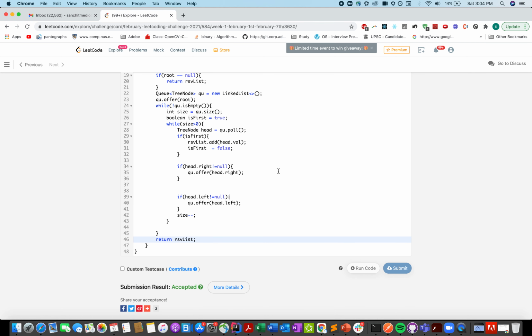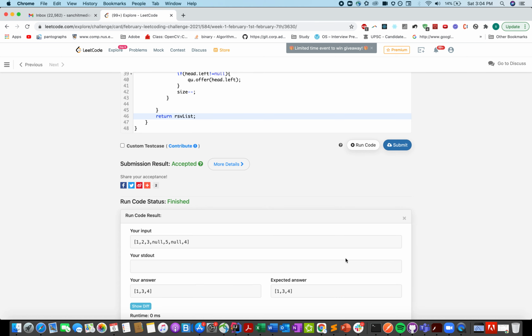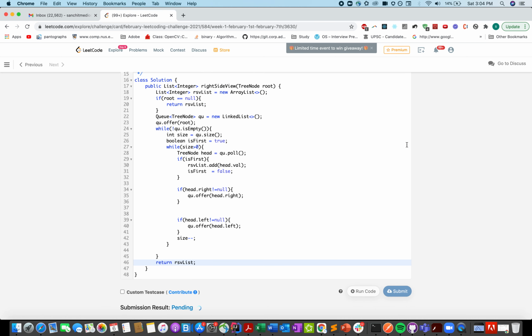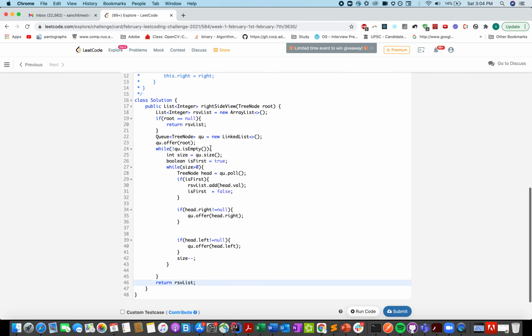So let's try this out. Looks good. Let me just submit it. Accepted. What have we used here? We have used an additional variable to check whether it is the first element in the current level or not. So that once we know that it is the first one, we update that variable to false, and no more elements at that particular level get added in the answer.